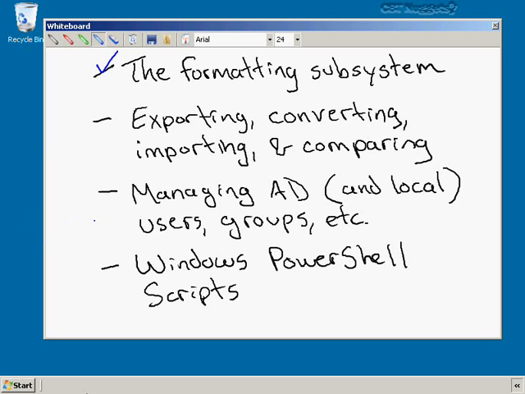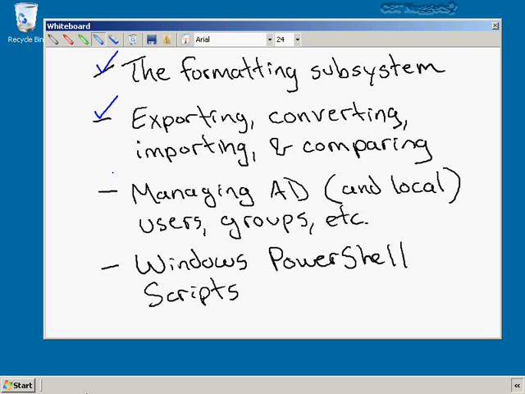It's even kind of a quick and dirty way to create management reports, just by lining things up exactly the way you want them, and then maybe exporting them to a file, converting them to HTML, importing them back from a file and manipulating them, and then comparing different things, which will obviously be the next thing we move on